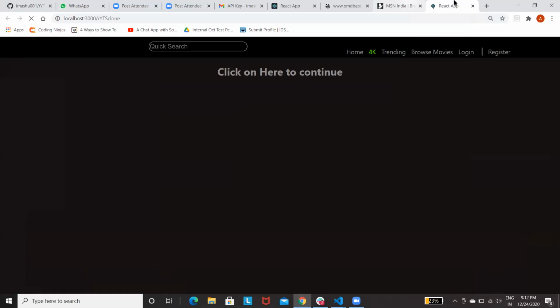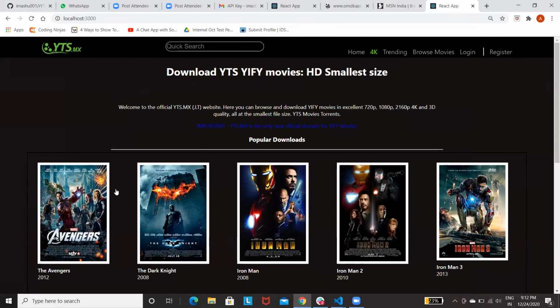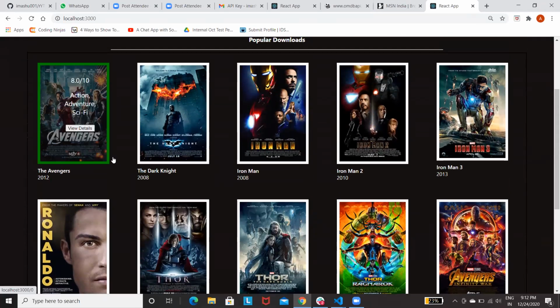It was directly showing a movie details page somehow. So I wrote a little code that if there is nothing in params, it should show this page, click here to continue or click on home to continue. So you can click on home, which will render this page. And inside this div, I've used a flex property, display type flex.